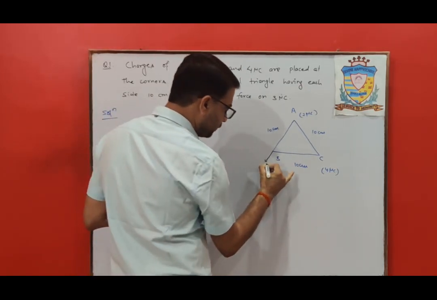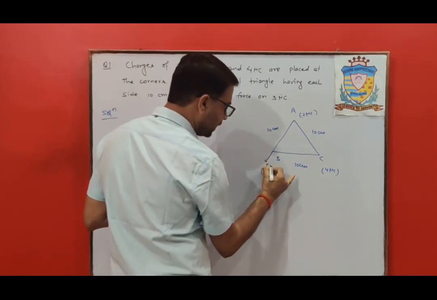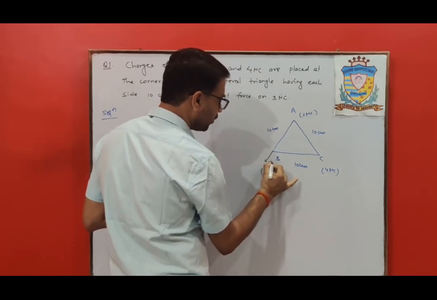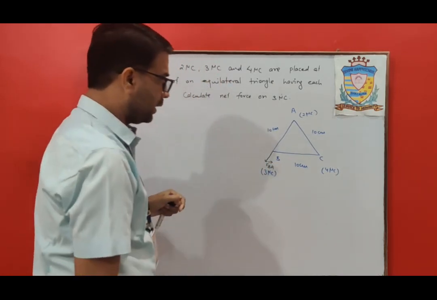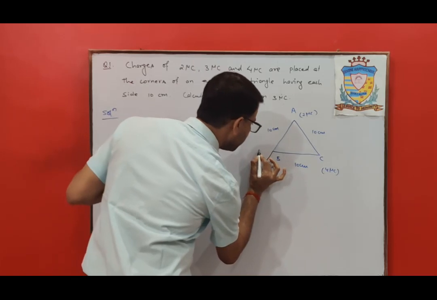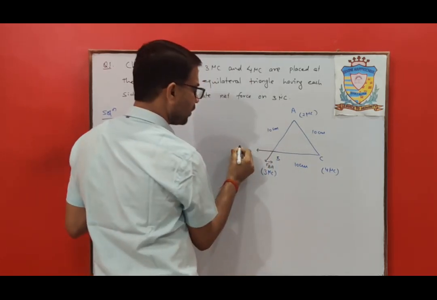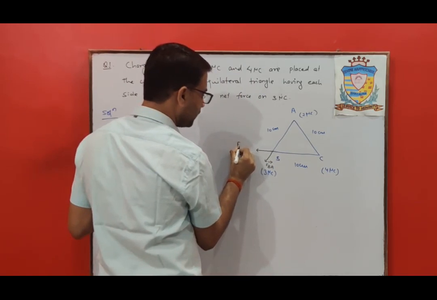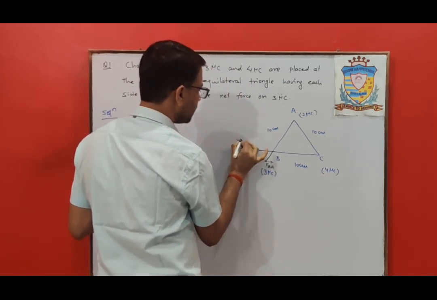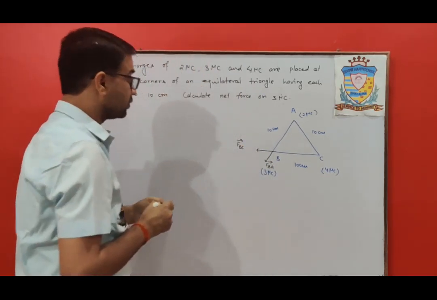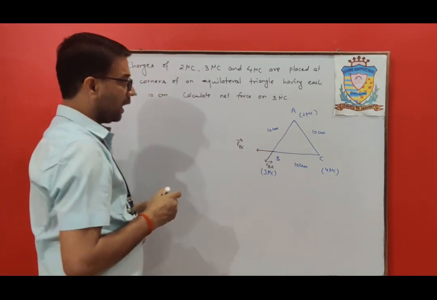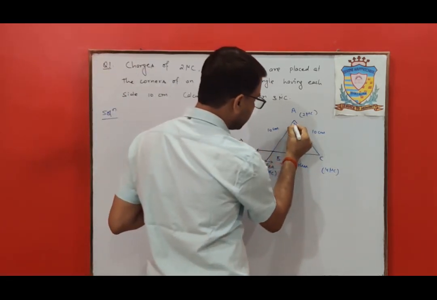Okay, so this is the force on B due to A. So FBA, and this will be the force, that is FBC. Force on B due to C,